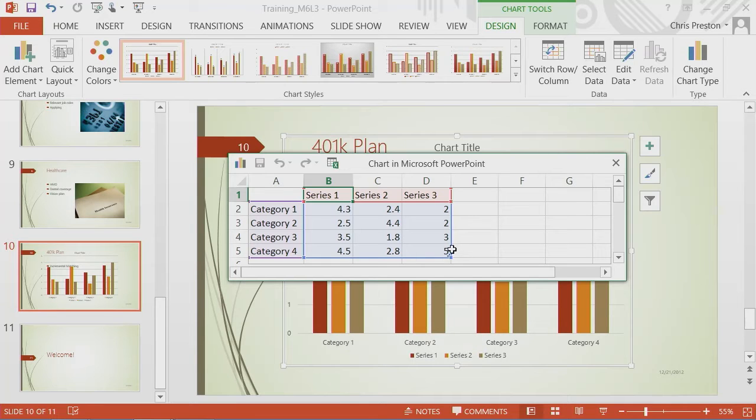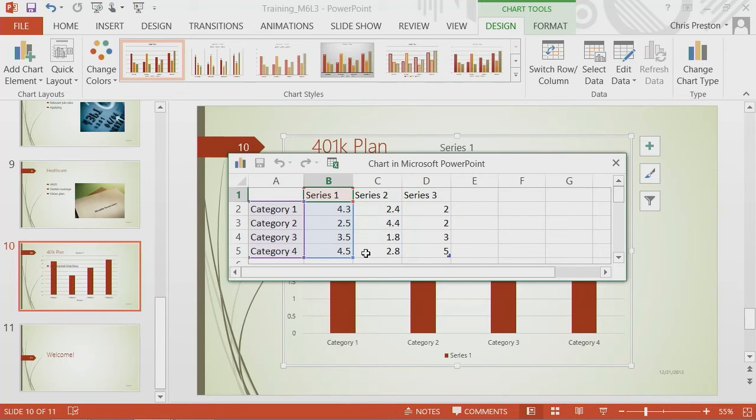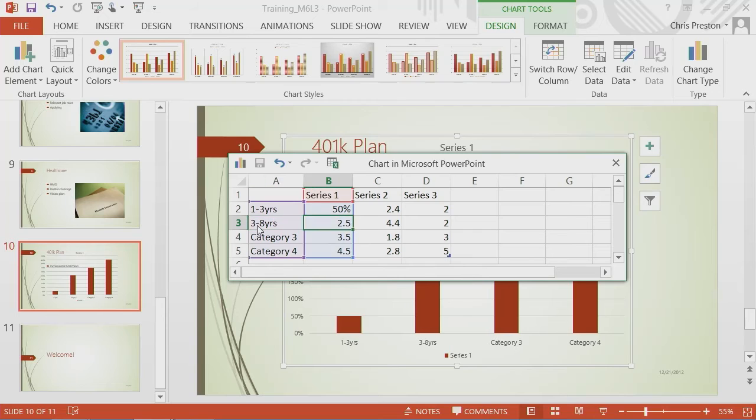But our scenario is a lot simpler. We're going to go ahead and shrink down our data set to 1 column. And notice underneath the other columns disappear. We'll say that employees that have been there from 1 to 3 years receive 50% matching. Those who have been there from 3 to 8 years will receive 100% company matching. And we'll say anybody who's been there 8+ years is going to be rewarded with 125% matching based on their